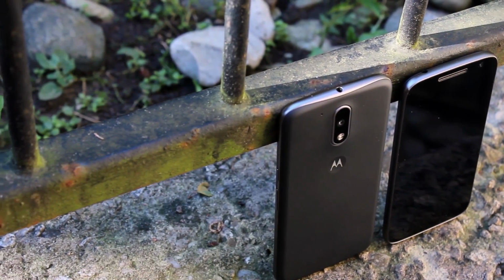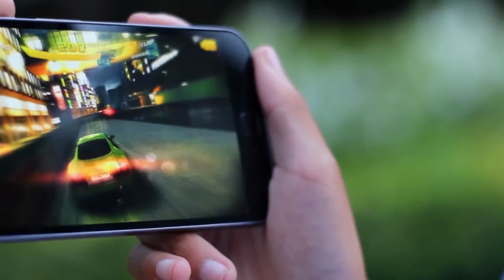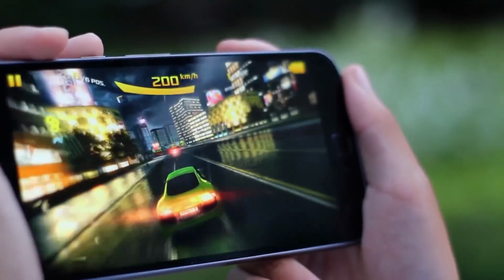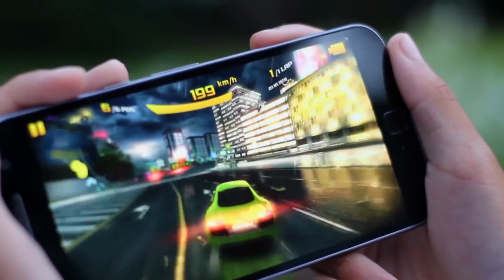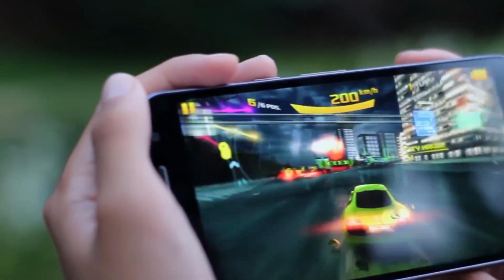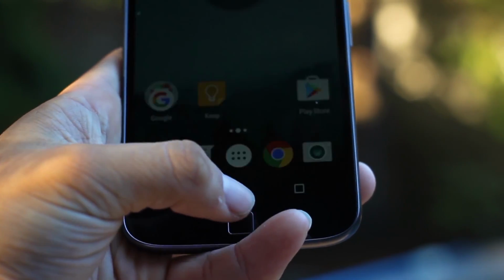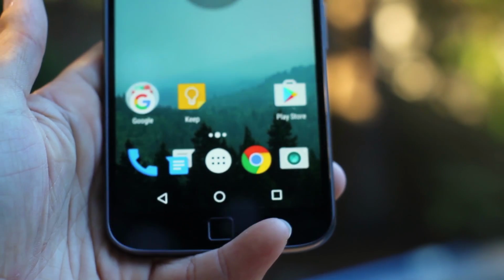Now, on the Moto G4 Plus, the Snapdragon 617 does present some problems, as especially with gaming, there's definitely a heating problem, but everyday tasks such as emailing, watching videos on YouTube, or even just scrolling around the phone are completely fine. Now, on both price points, it's nice that they included a fingerprint scanner on the G4 Plus in